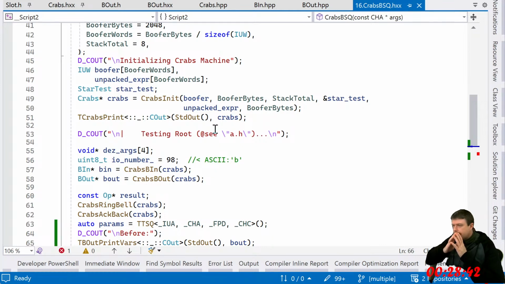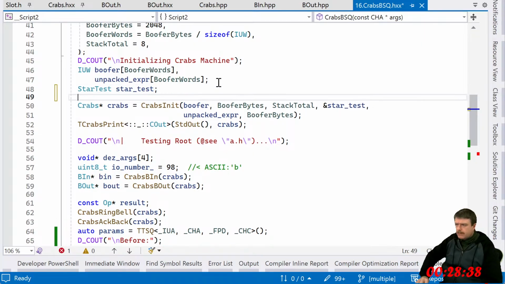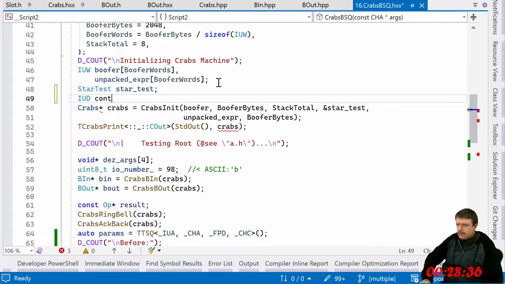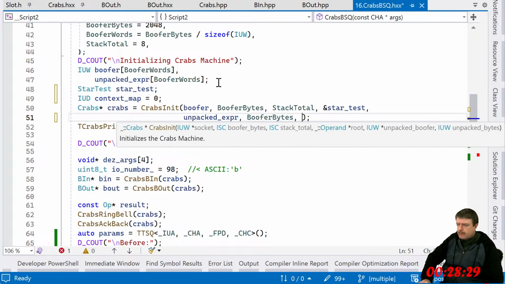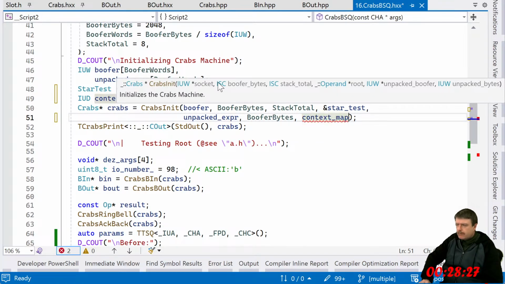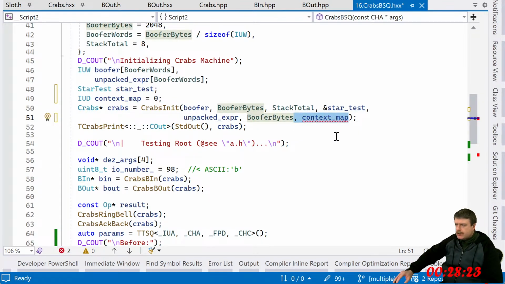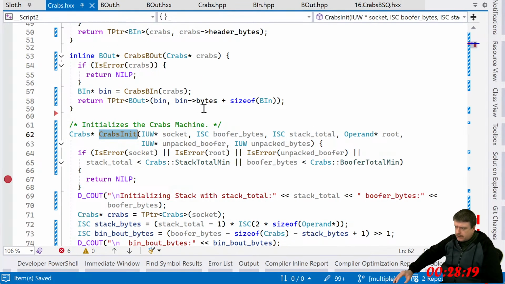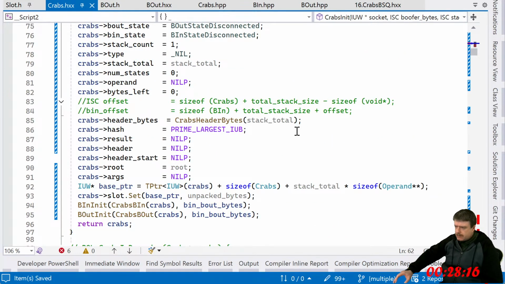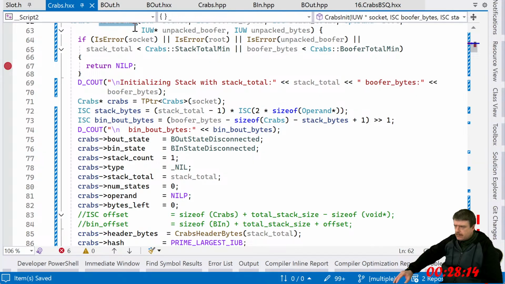I need the context type. Oh no, what am I gonna do?